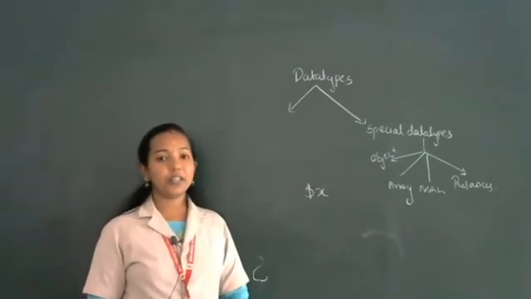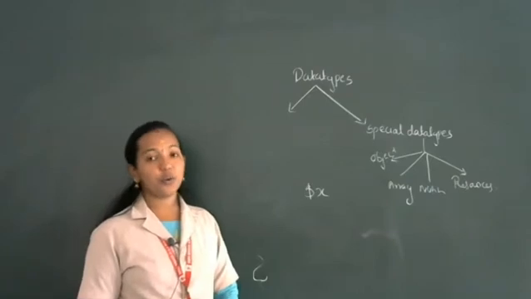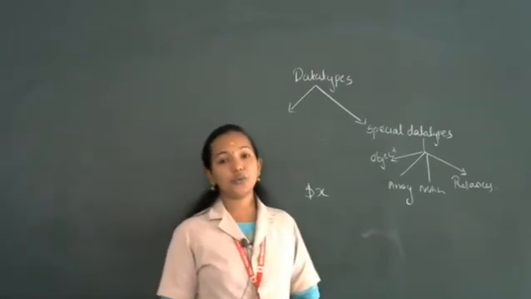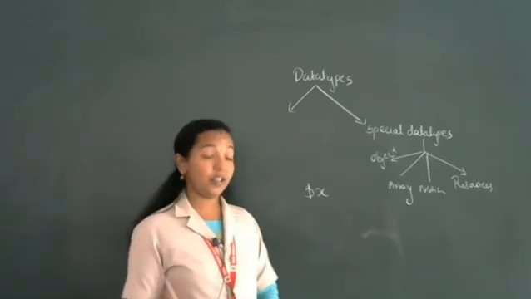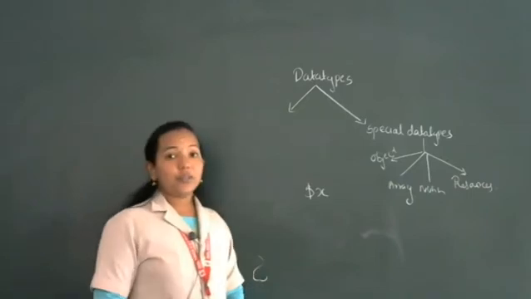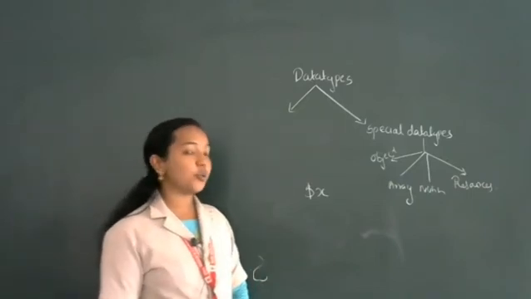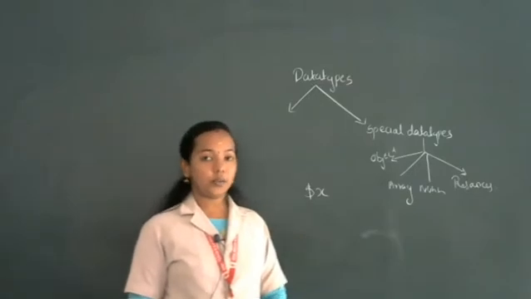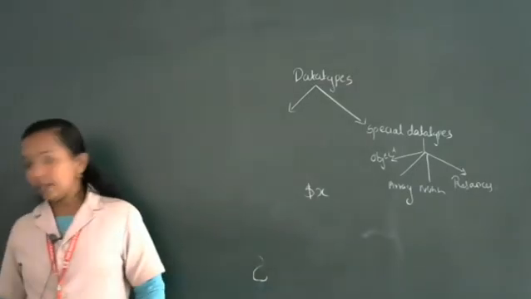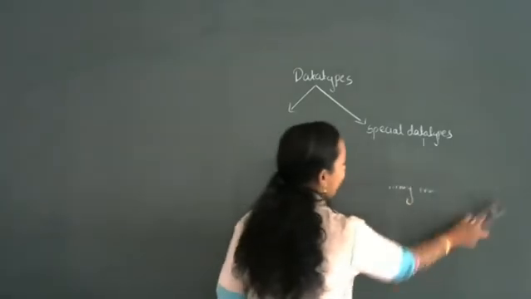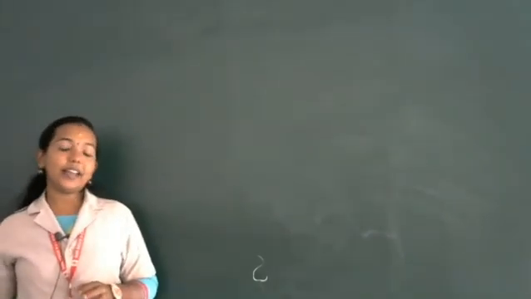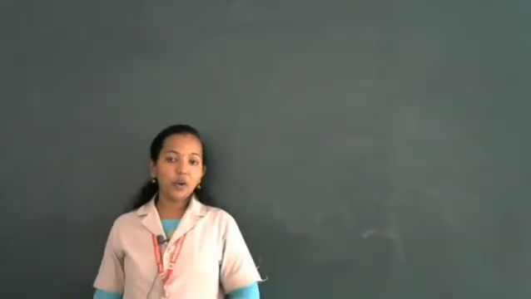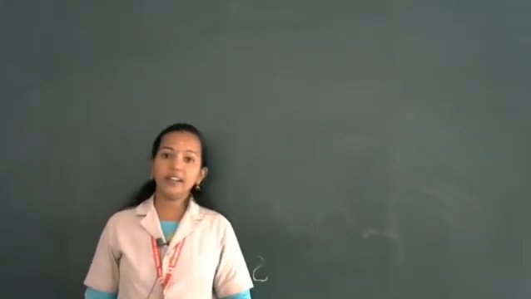Object is similar to a C++ object, array is to store one or more values, and null is to store the null value. That means if the variable is never used, then it is allocated the value null. Resources are used for interacting with other resources. So these are the different special data types of PHP. PHP data types can be classified into two categories: core data type and special data type.